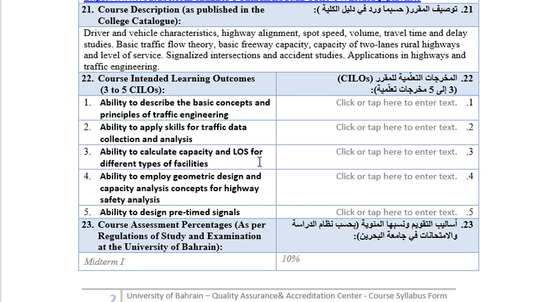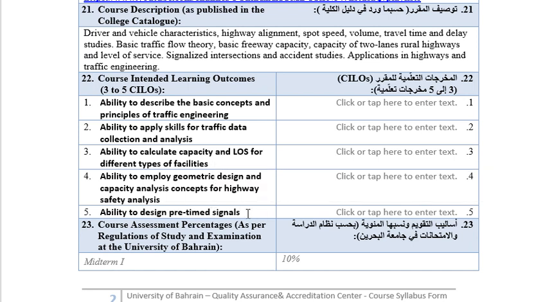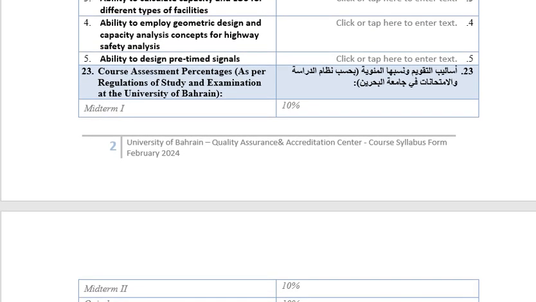And then the part of the course which is directly linked with highway engineering is this part, that you should be able to see the effects of geometric design on traffic flow and capacity of the highways. Then we will do one particular type of signal, which is a pre-timed signal. We will discuss the basic concepts, general concepts which apply to all types of signals, but in terms of design we will only go through one type of signal. Then there will be some advanced topics which we don't cover in this course. We cover them in the advanced traffic engineering course.